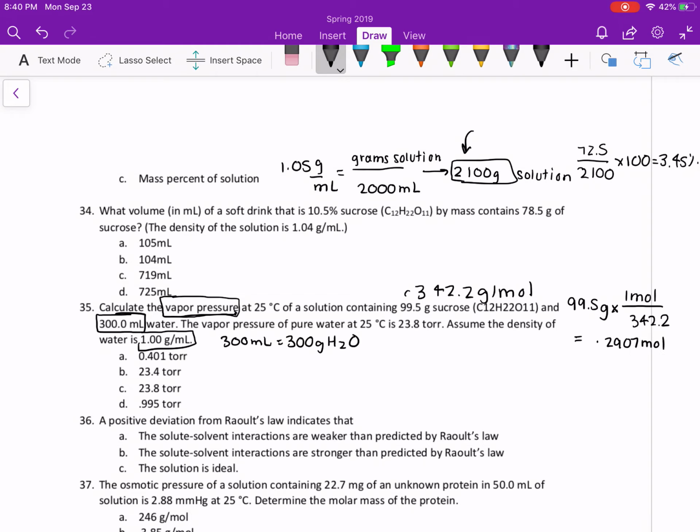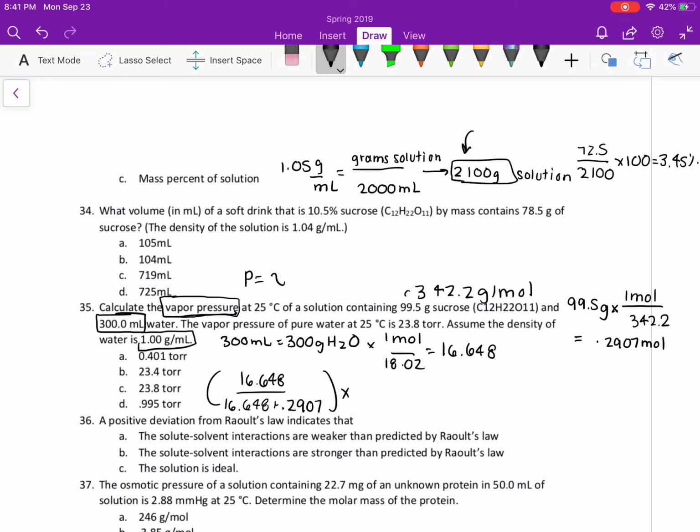So when I find the moles of water, which is just 1 mole over 18.02, it's going to be equal to 16.648 moles. So what I need to do now is find my mole fraction, which when you do that out, it's just going to be 16.648 over 16.648 plus 0.2907. And that's my mole fraction times that partial, well, I guess the equation you use is that